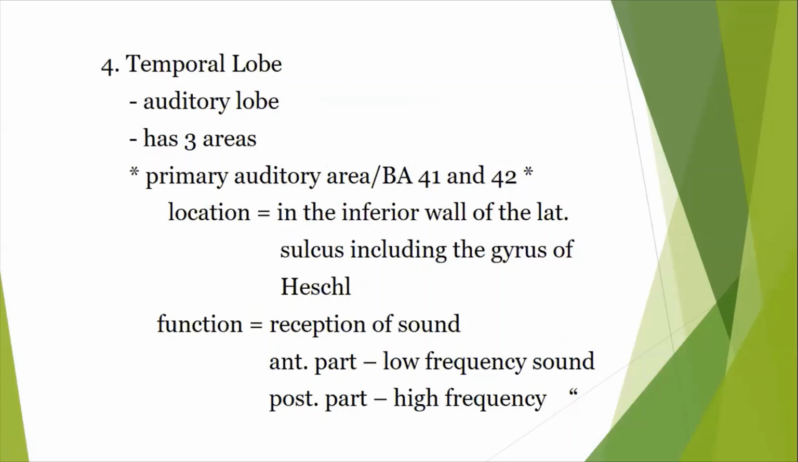Now, the temporal lobe is the auditory lobe. So, for your hearing, it has three areas. The primary auditory area is also known as your Brodmann's area 41 and 42. Now, the location is in the inferior wall of the lateral sulcus, including the gyrus of Heschl. It will receive sound, in which the anterior part of your primary auditory area will receive low-frequency sound, while the posterior part will be for high-frequency